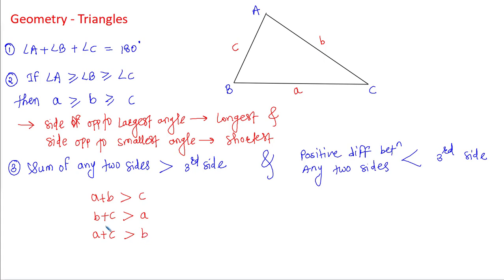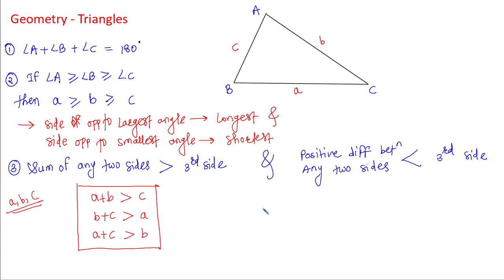So now we can draw a triangle with sides a, b and c only if all these three properties are satisfied. The sum of any two sides has to be greater than the third side. If any one of the inequalities fails, then we cannot draw that triangle. All these three inequalities are compulsory. If any one out of these three fails, then we will not be able to draw that triangle.